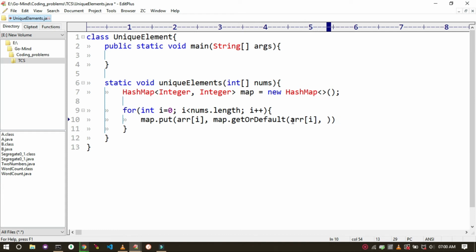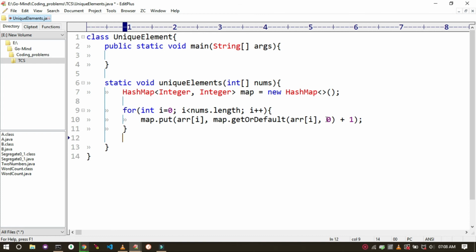So let's say there is already a value for that key in the hash map, then this method will return us that value. If we don't have the value for that key, then it will return us the second argument, which is the default argument. Initially we don't have any value in the map, so our default argument will be 0, and we have to increase the count every time we get a key. So we will do +1.